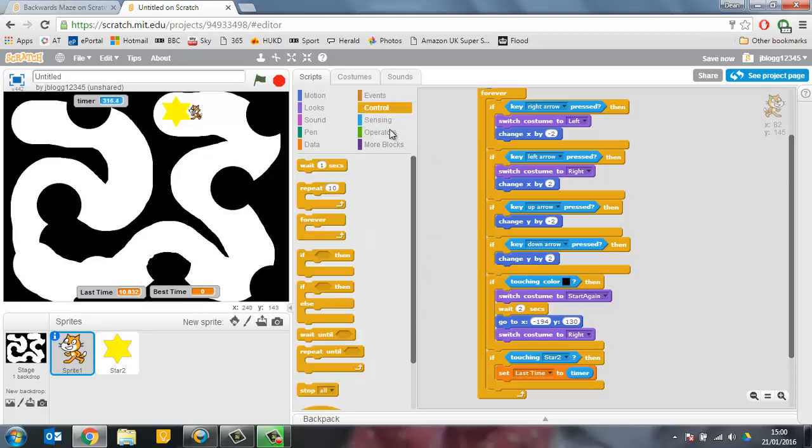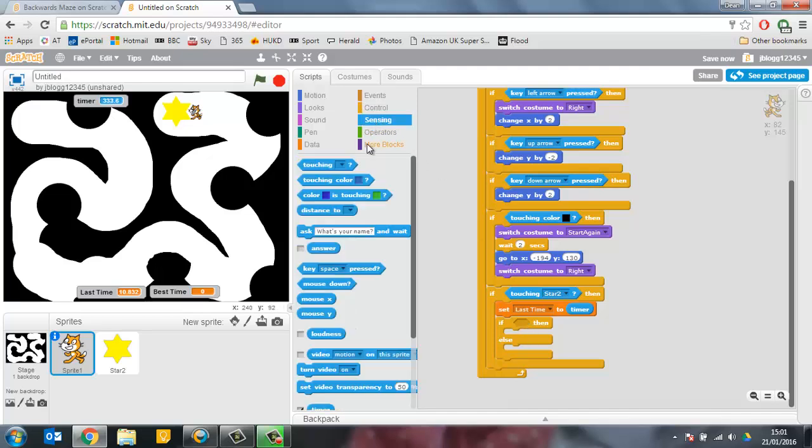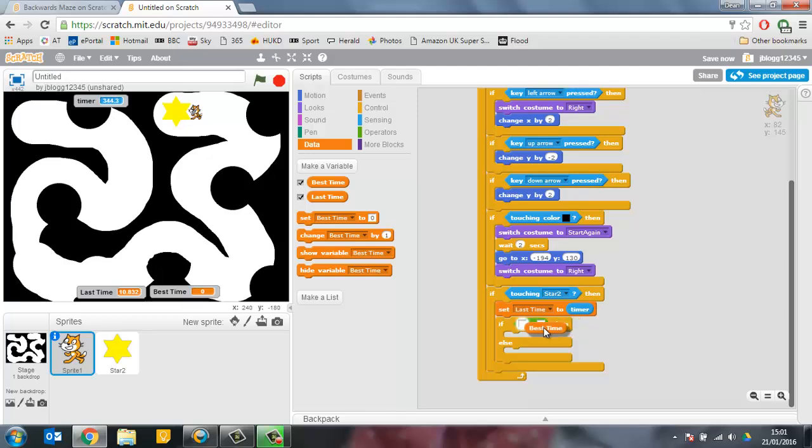So to do that, we're going to put an if-else statement in. So to start with, we'll put this just underneath the set time. So it's always going to set the last time to be whatever the timer is. And we're going to say if, in operators, sorry, if the, and we're going to use the equals one, and we're going to say if the best time, so that's in data, if the best time is equal to 0,